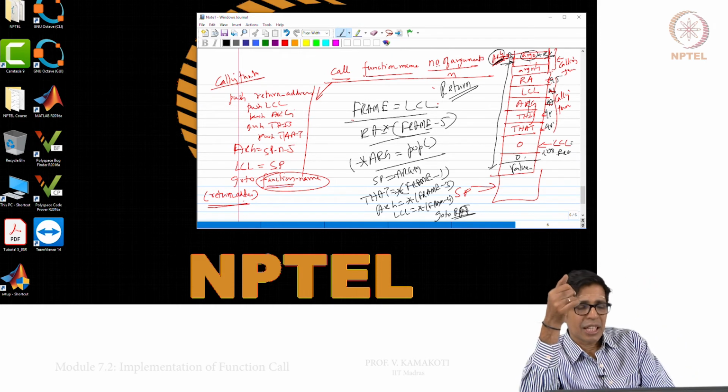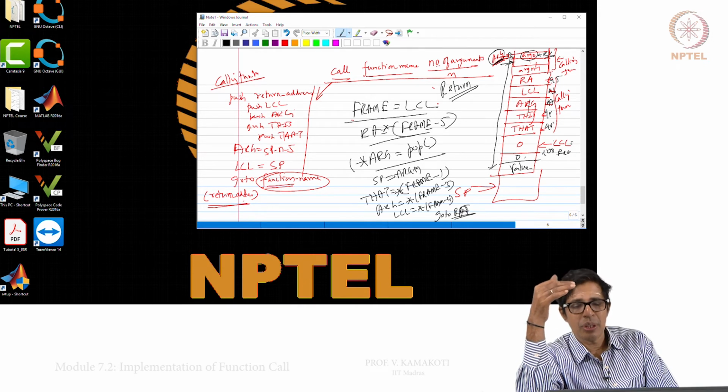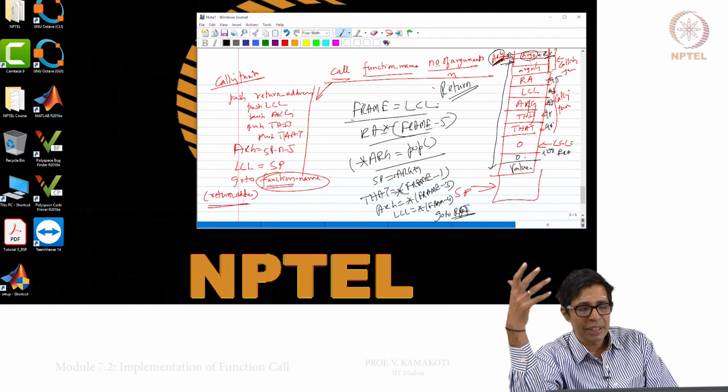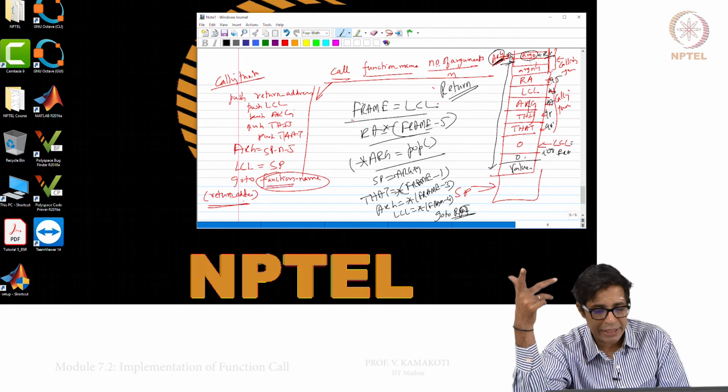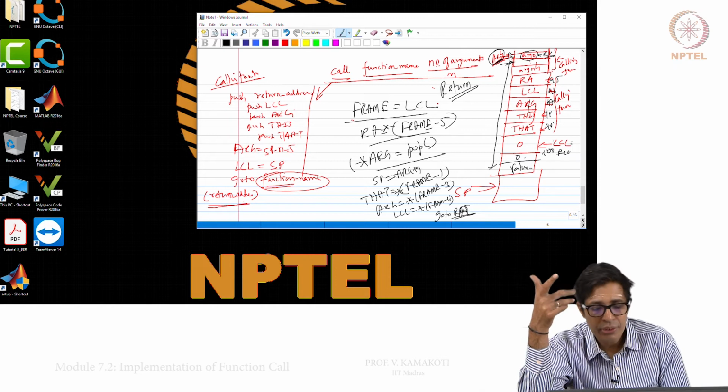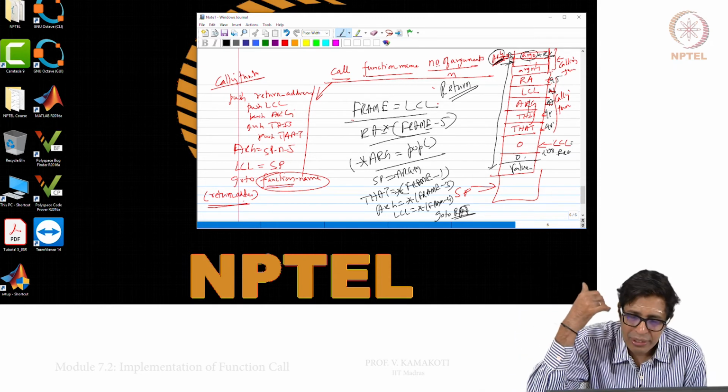When the called function starts executing, it will first initialize all the local variables as required. It will have its own LCL, etc. Those are all already set, so it starts working on that.